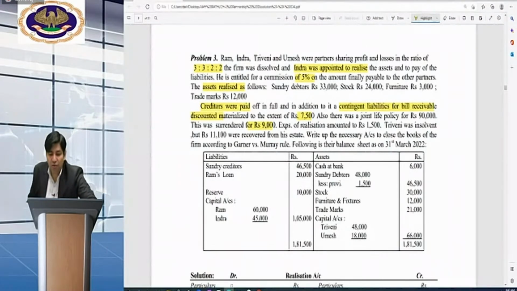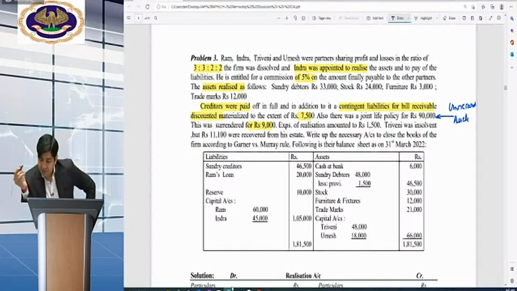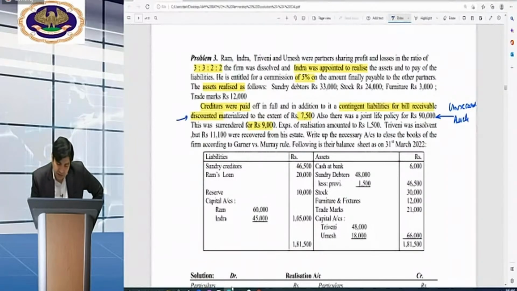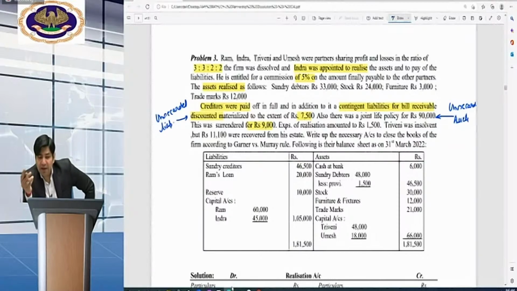Okay, beta, very good. Only Jyoti Jha has answered. Danesh, Prachi, Krishnan also answered, and Sapna also. Hence, now an asset which has not been recorded is being realized. So we can say this is an unrecorded asset. It is not appearing in the balance sheet and that has been realized. And this liability is an unrecorded liability. Unrecorded liability will be paid and unrecorded assets will be realized.